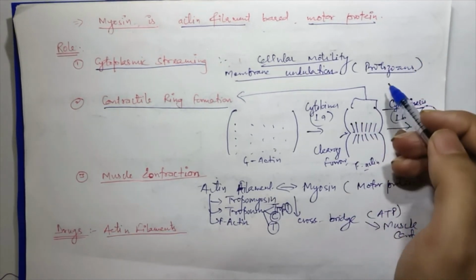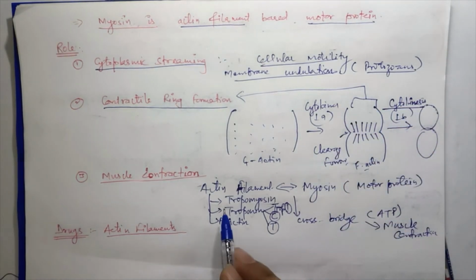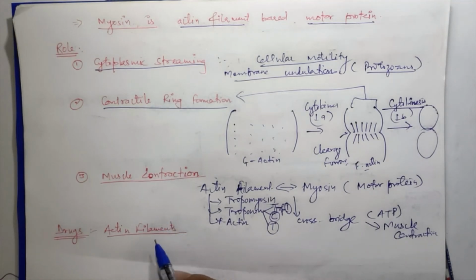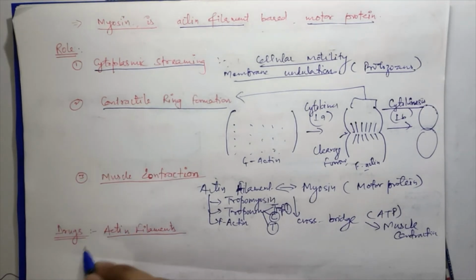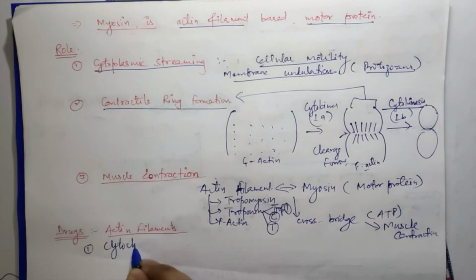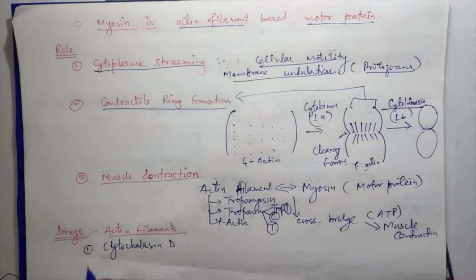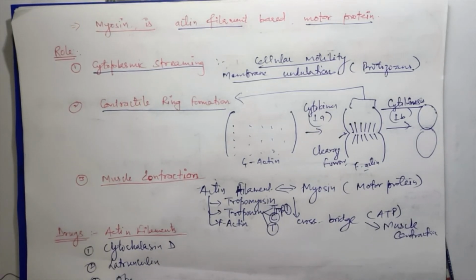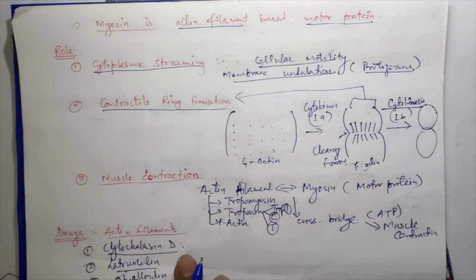Apart from this, these actin filaments are also influenced by a number of chemical agents which interfere with their polymerization and depolymerization phenomena. And these drugs are of different origins, and they influence different phases of filament dynamics. These are cytochalasin D, another one called latrunculin, and there is also phalloidin. Cytochalasin D is the most common type of drug used for studying different phases of